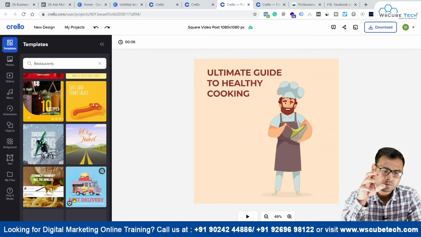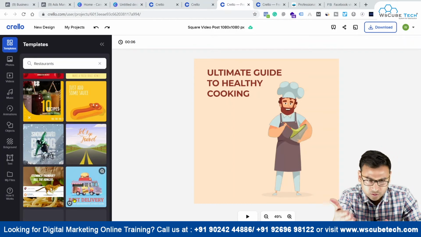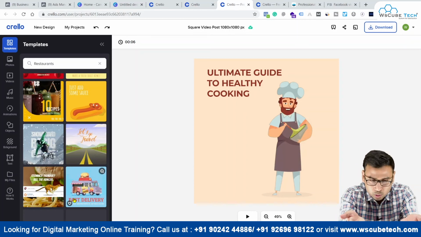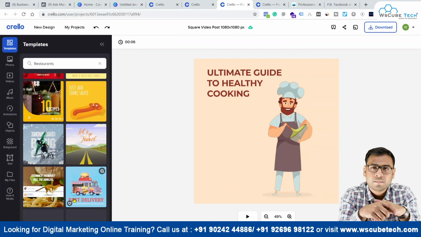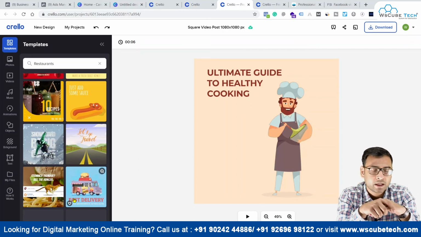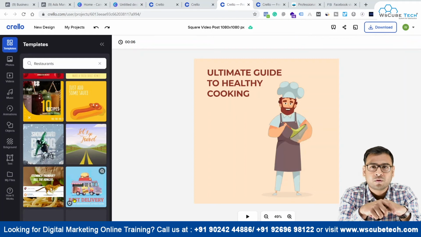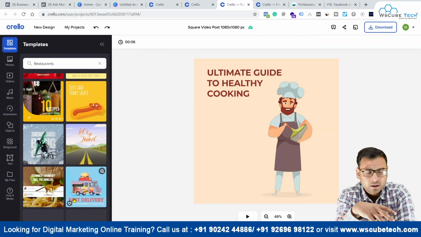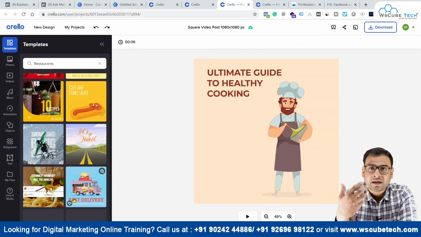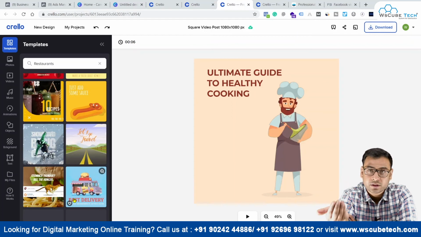What you have to do is you have to go and explore. I'm just giving you the names of the tools. Like I've given you the name Trello, and then I have given you the name Canva also. You have to explore different features and different options which these tools have, and then you can go ahead and create your creative. Because if you do not know much about the professional tools that can help you in creating images or creative for Facebook ads like Photoshop or any other professional tool, then you can rely on these kind of tools, and these are pretty good actually, and these tools can actually help you in creating good creative, right?